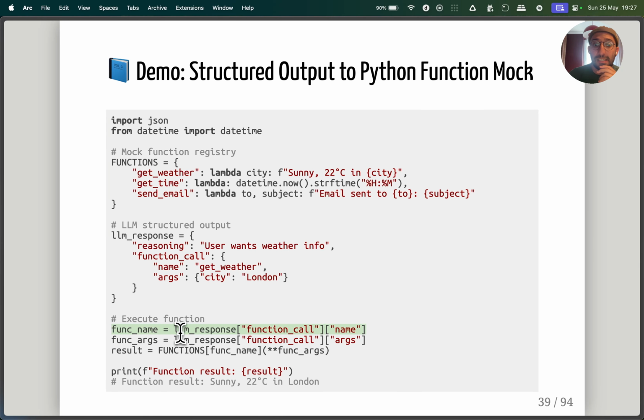Now we can, and this is when we execute the function call, we can get the function that's supposed to be executed because the LLM is going to indicate that information in its output. We can take the arguments and then we can execute it because we have a dictionary that can map a function name to the right function. In this case, it just maps to these silly temporary lambda functions here.